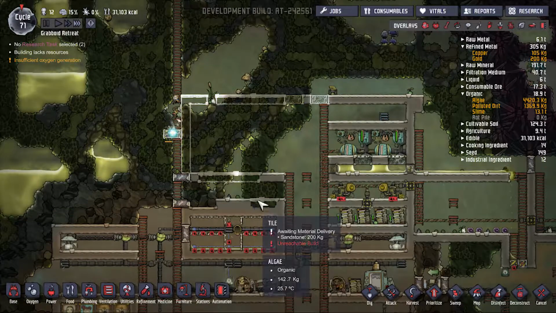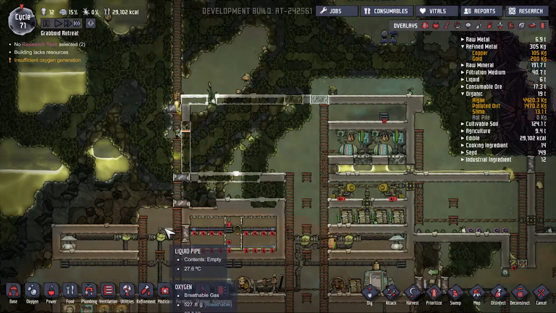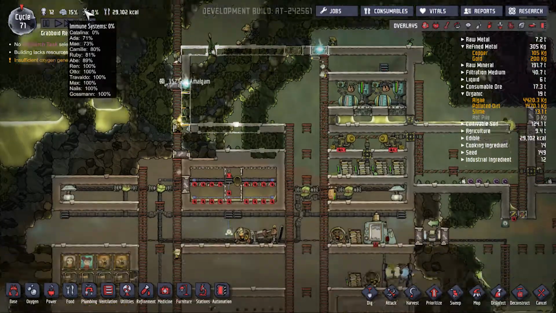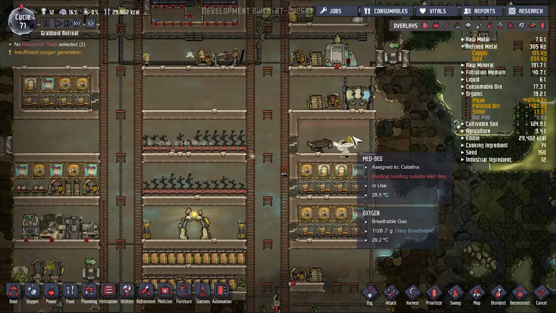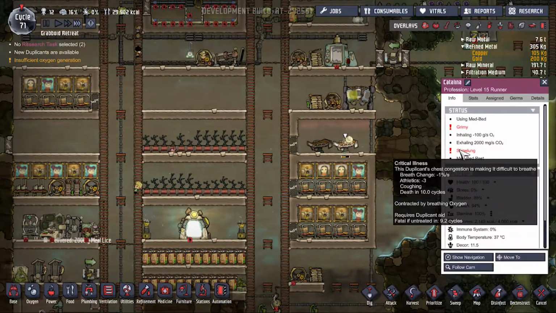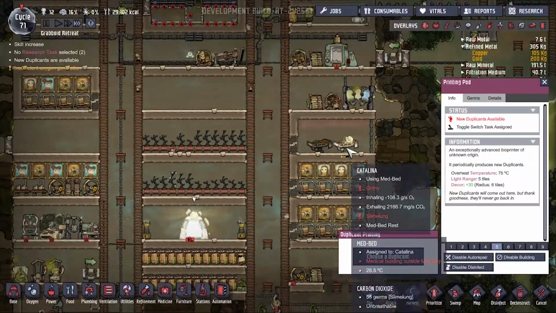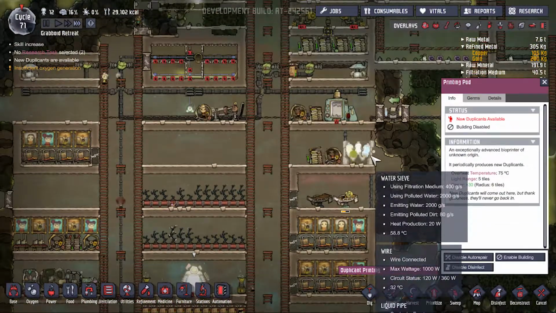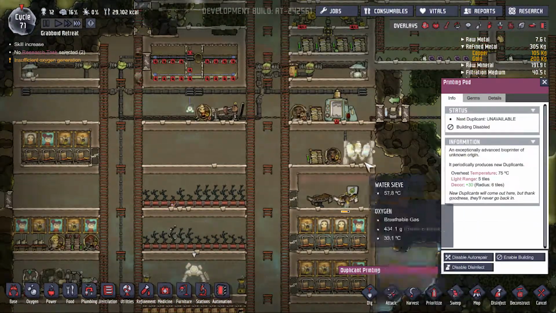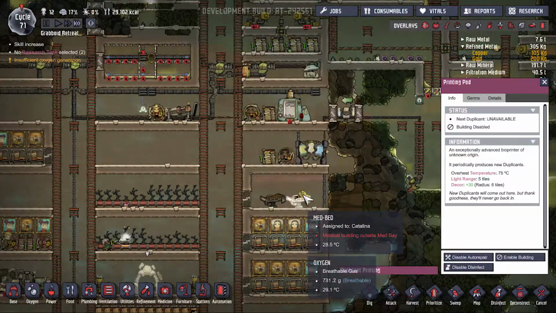Put 2 airlocks in right there. We'll get all this going. How is Ada? Seems to be cured. How is Catalina doing? She needs treatment. Disable this because we can't use any more dupes. And our food is dropping quite rapidly, but these have not gone through their full growth cycle yet, so...